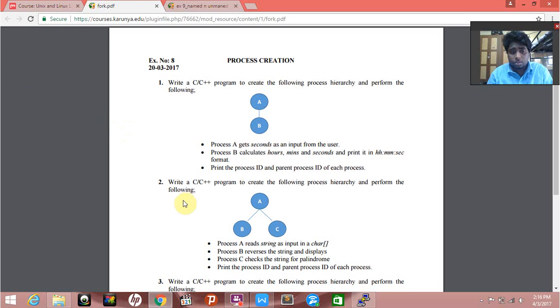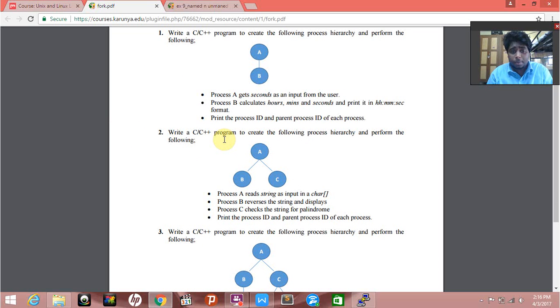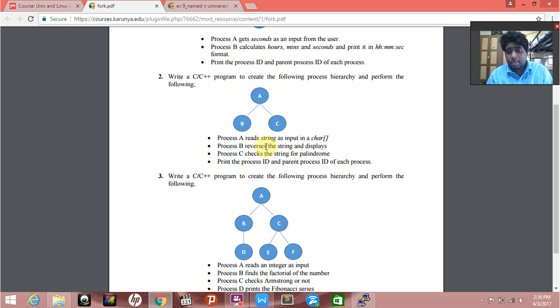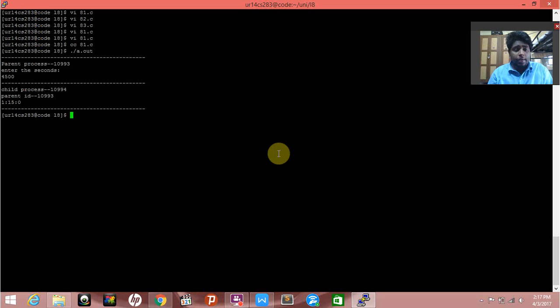My second question is to write a C++ program to create the following process hierarchy and perform the following. Process A reads a string as input. Process B reverses the string and displays. Process C checks the string for palindrome. Print the process ID and parent process ID for each process. So the code for that is